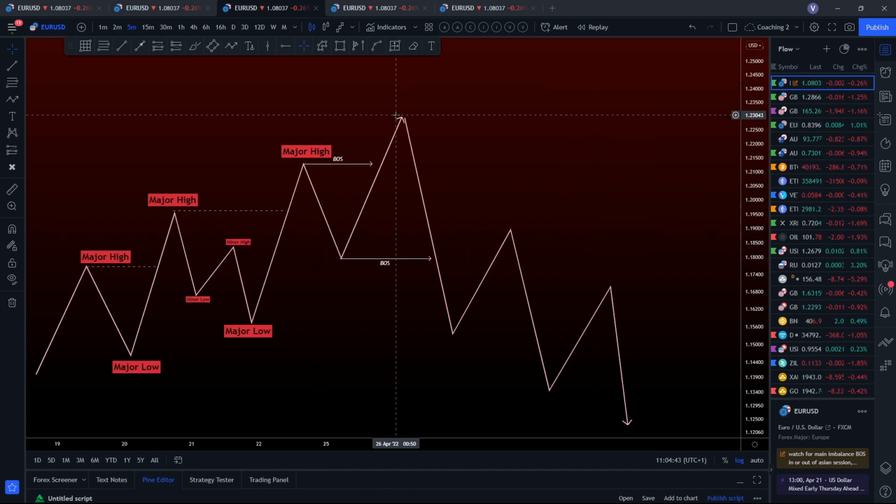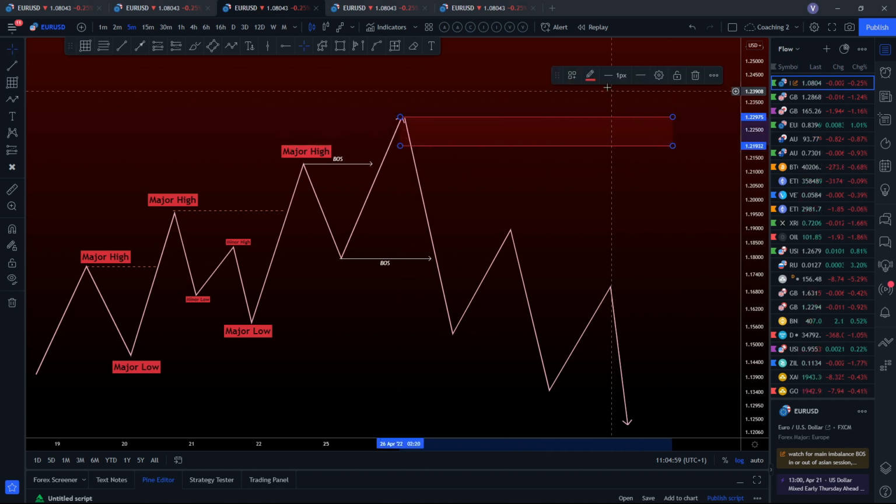We've got a long break of structure, a short break of structure. This is going to be the extremity, the last supply zone before the break of structure to the downside, and